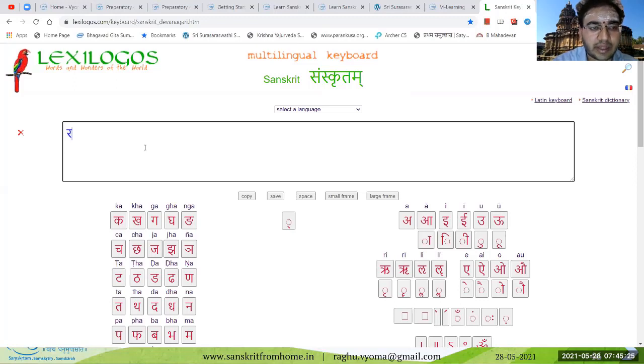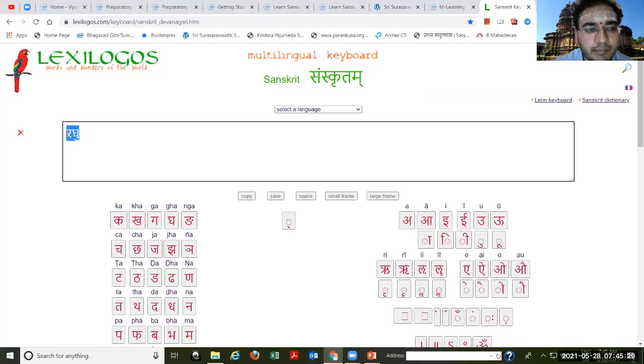Similarly, if you type Ra, for example, I'm just typing my name. In this way you can produce this, or you can also click on these letters and that will also come. You can copy this and paste it in your Word document. This is a very simple way, and there's no installation of any software.